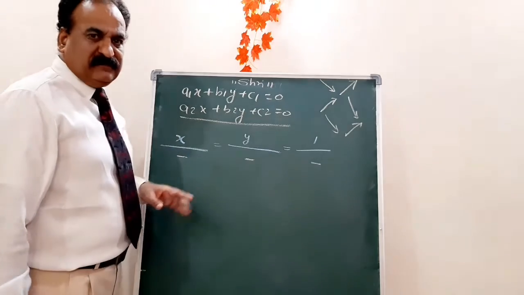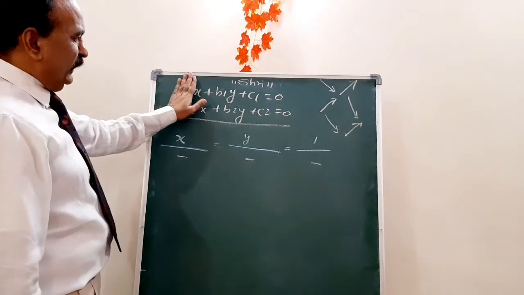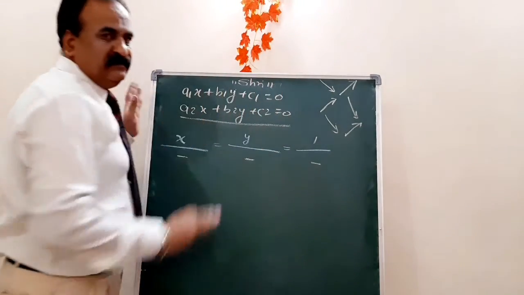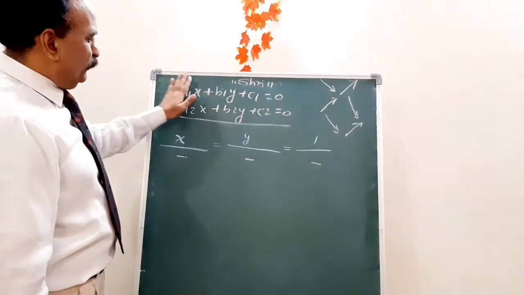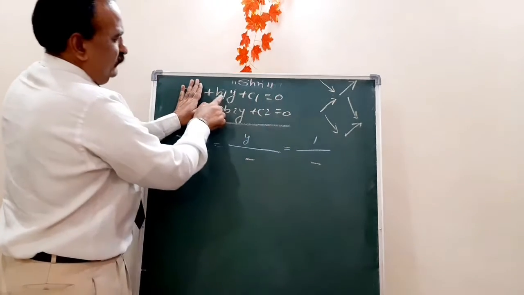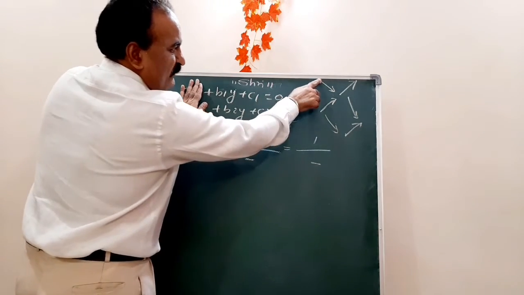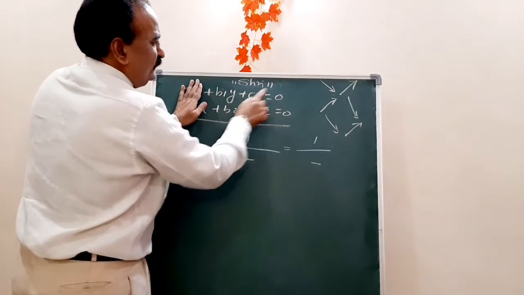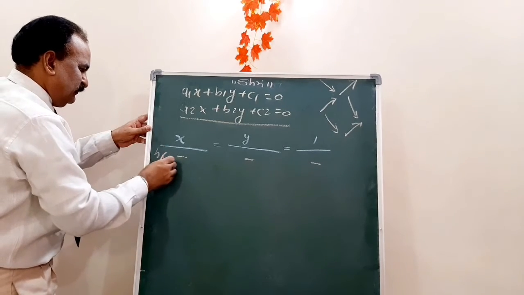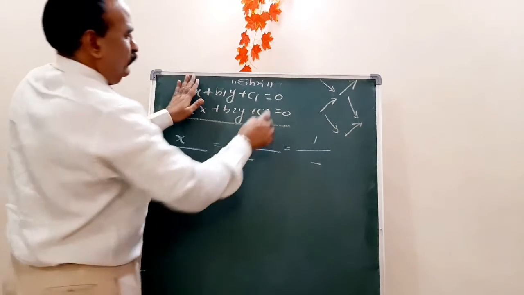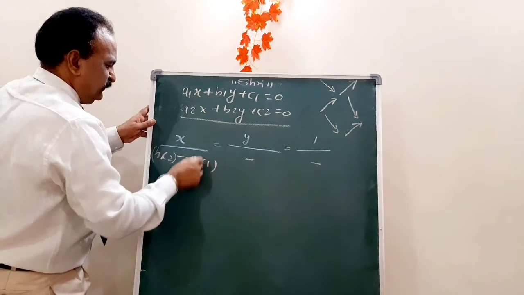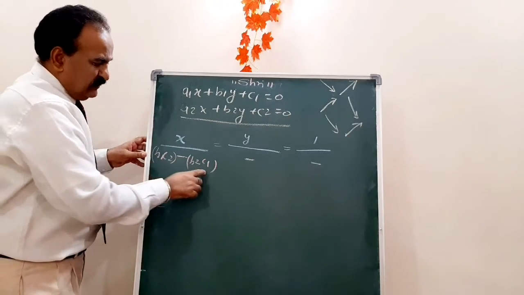Now first you have to solve x. What you will do? Put your hand like this. Whenever you get the two equations, transfer the constant term to this side. I will take the example also. Now you have to multiply like this, into this. It means b1 into c2. One cross is this, the other is this. It means b1 c2. Then this minus b2 c1. So b1 c2 minus b2 c1.